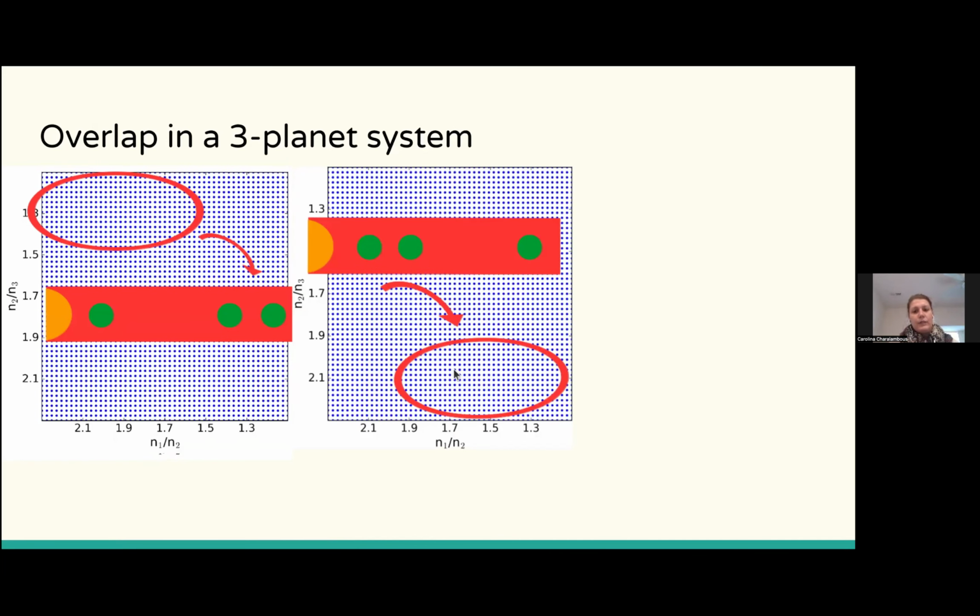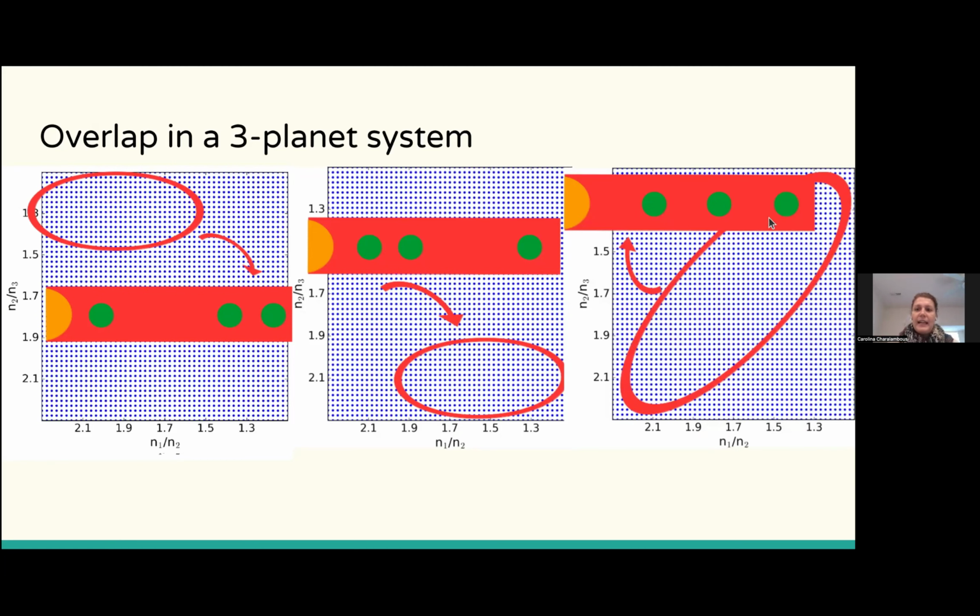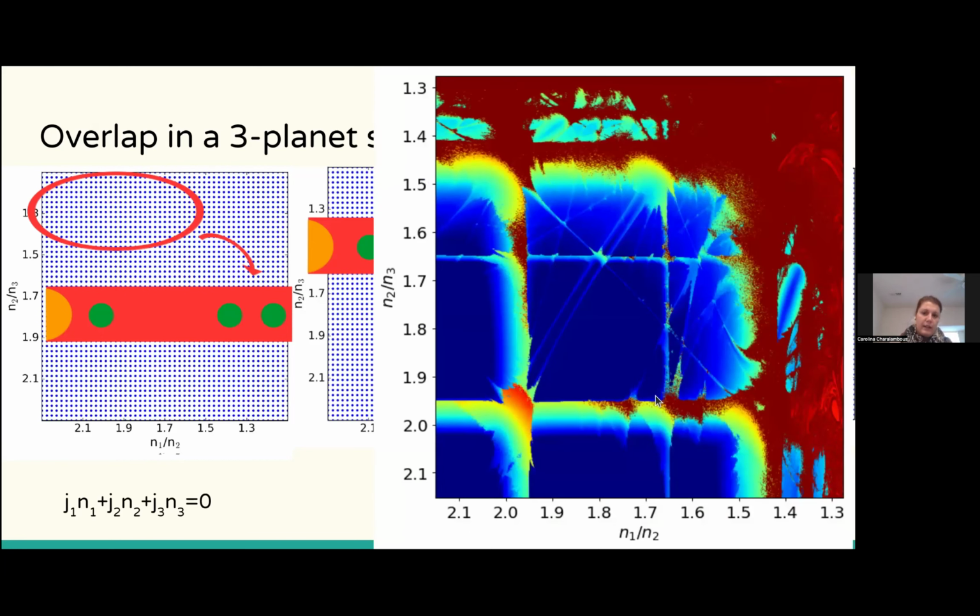And in this case right here, we see the opposite situation. We see the case where the innermost 2 planets are closer together and closer to the star, and the outer planet is further away from the innermost ones. And in the diagonal, we see the case in which the 3 planets are equally spaced. And so we select a mass for the system, and we integrate our initial conditions, and we get a map like this one here. So this expression, k1 n1 + k2 n2 + k3 n3, gives us the condition